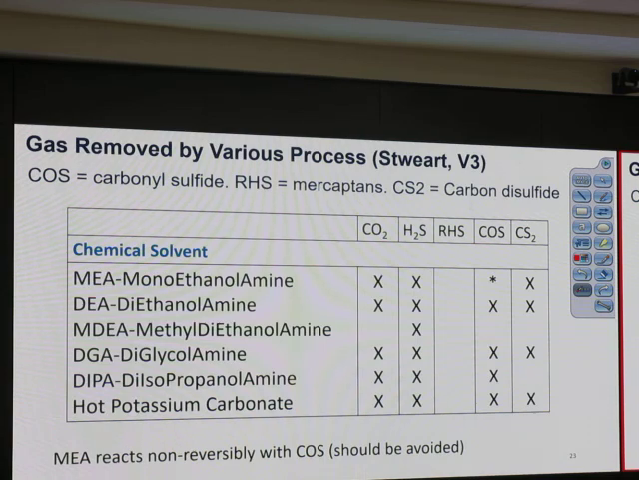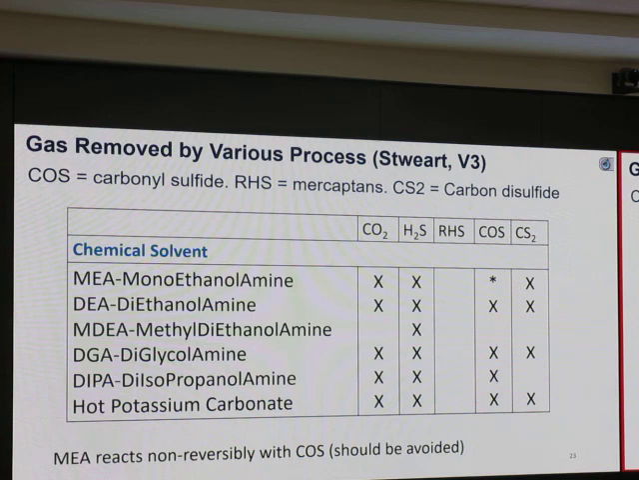Okay. So what about solvent? Solvent is the method that people use. Very effective, and it's for high quantity of H2S. When we have a lot of H2S, we may have to use membrane first, and then after membrane we do this solvent. Okay, the solvent